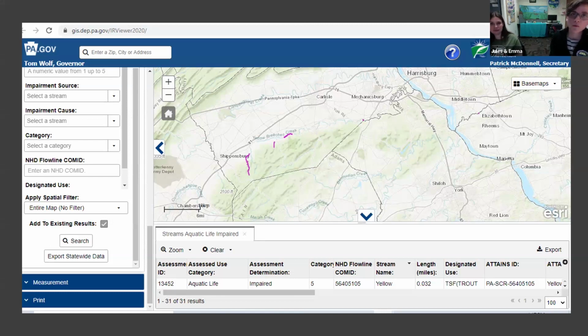A lot of our cold water streams are not meeting the temperature designated use. And that's an active conversation that we've had with the Pennsylvania Department of Environmental Protection. So we've highlighted that we're seeing that. So I'm really curious down the road if we'll have a climate change reason for why streams aren't meeting their designated use. So stay tuned for that.